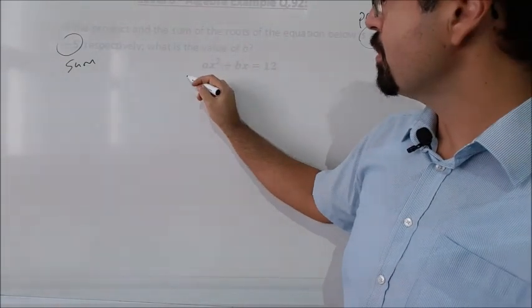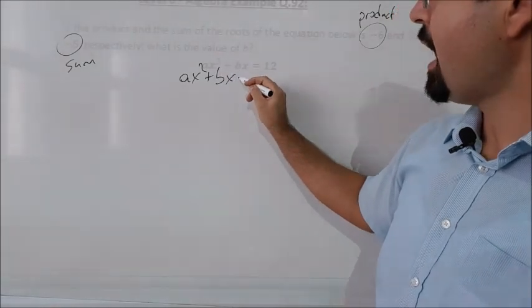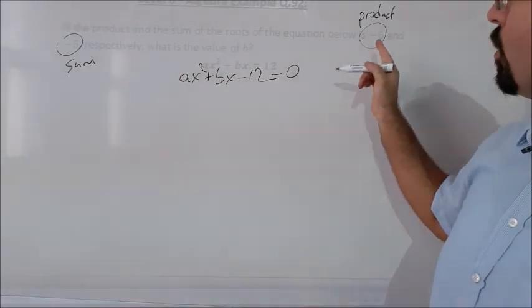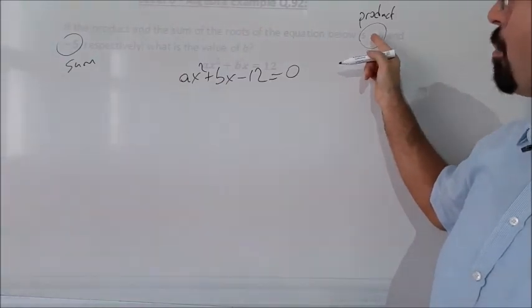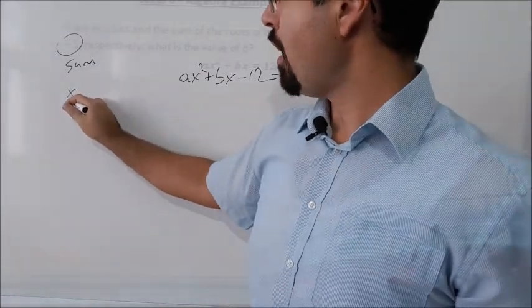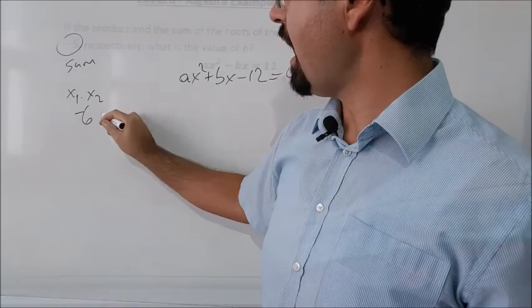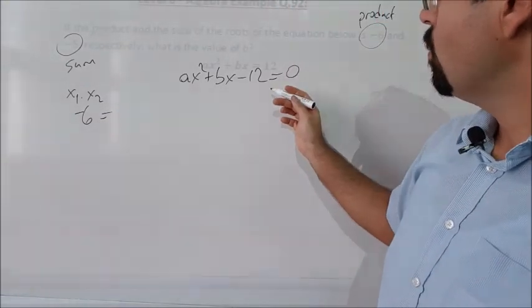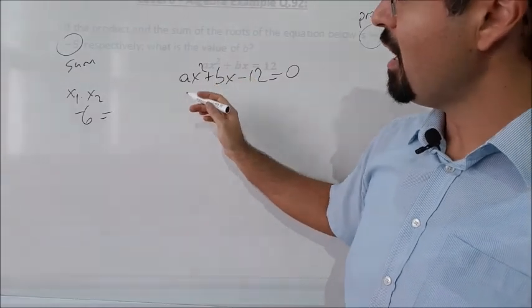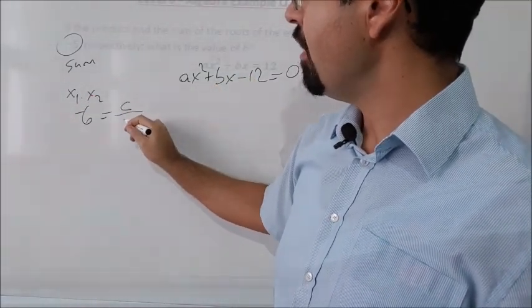Okay, so we have to put everything in order. Ax squared plus bx minus 12 is 0. So let's just work on the product of the roots, guys. What do we know? If the product of the roots is minus 6, how can we find a or b? We cannot find b, but we can find a because the product of the roots has a formula of c